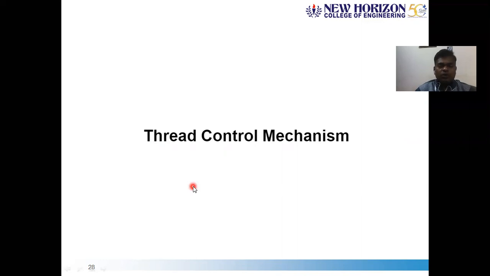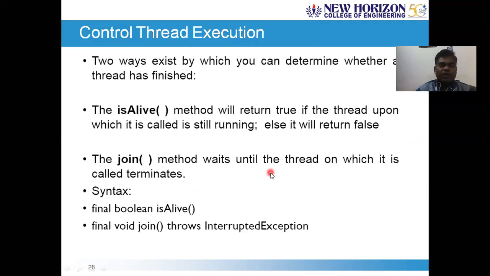In the thread control mechanism, as I mentioned, there are a set of library functions associated with it, mainly isAlive and join. isAlive is a library function which is used to test whether my current thread of execution is in a running state or in the sleep state. isAlive returns true if it is running, otherwise it returns false.